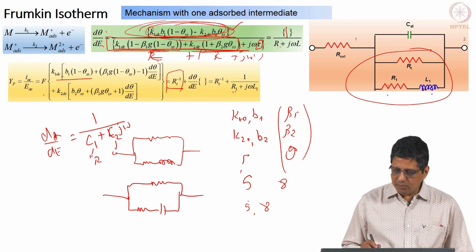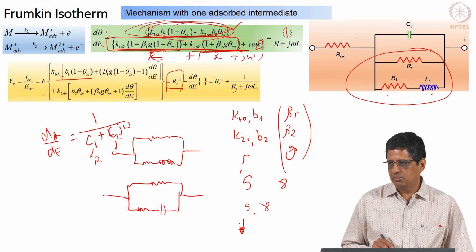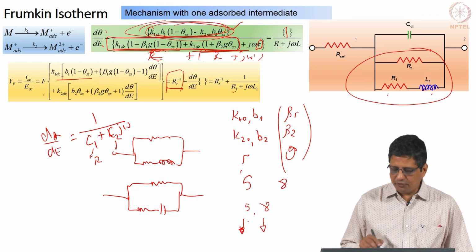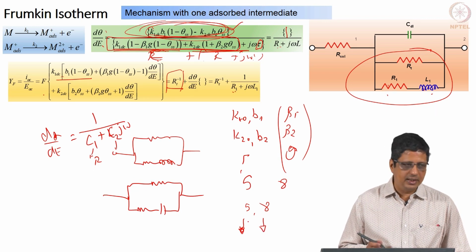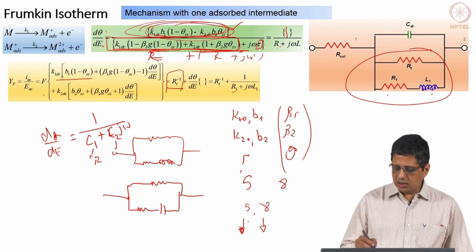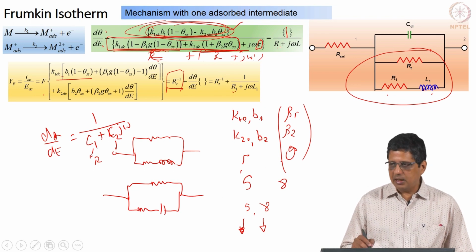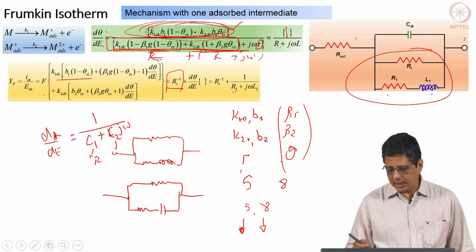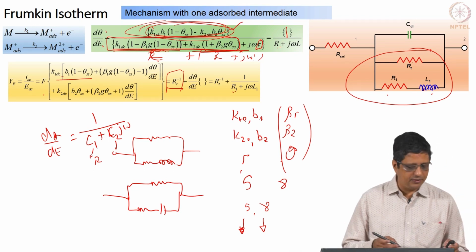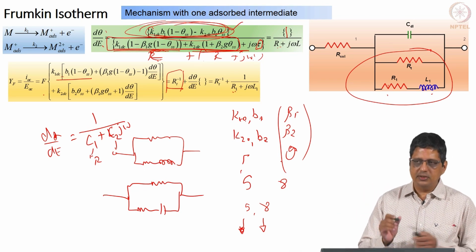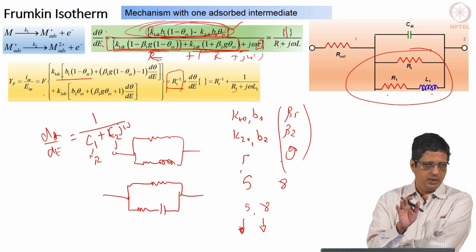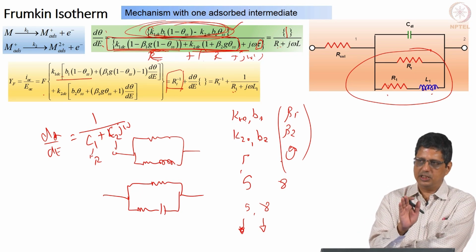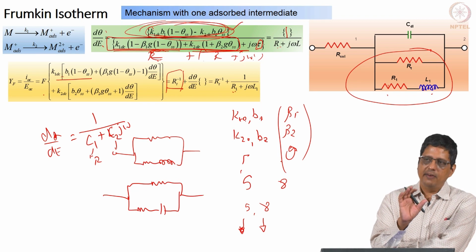If I assume it is a Langmuir isotherm, with 2 EDC I can have some confidence. If I assume it is a Frumkin isotherm, I need a minimum of 3 DC potentials in order to get the values of these parameters with some confidence. I will come to that later, it is a precise way of doing this, but this is to say it is possible to do it. It is lengthy, but it is possible.